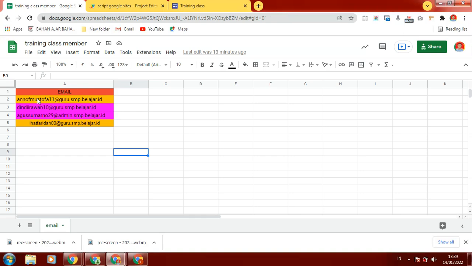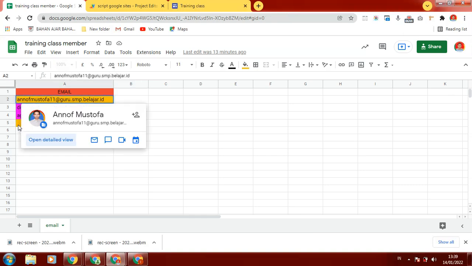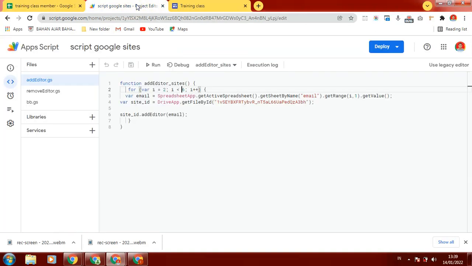We can get the email address from here. We can create the email variable: SpreadsheetApp.getActiveSpreadsheet().getSheetByName, the sheet named email, and getRange(i, column 1).getValue.